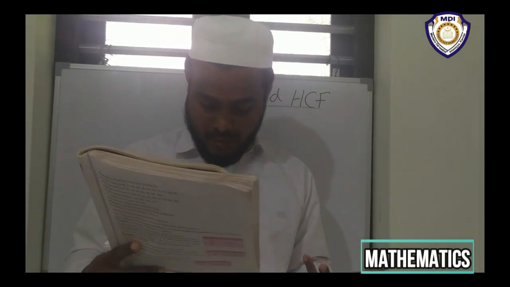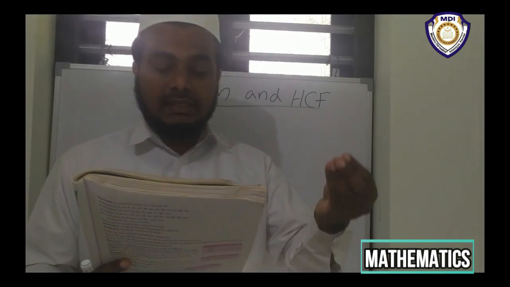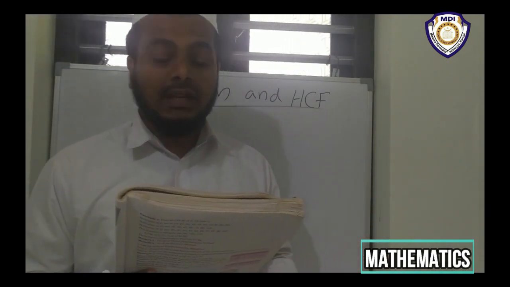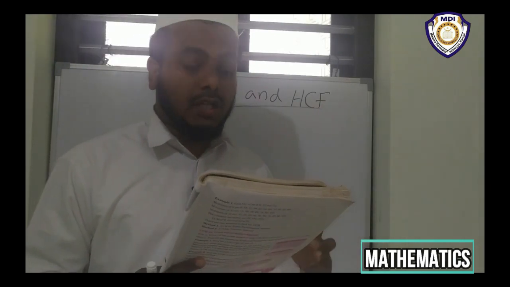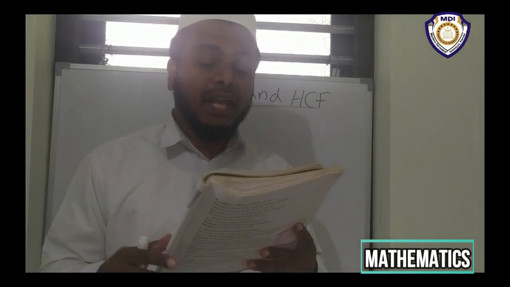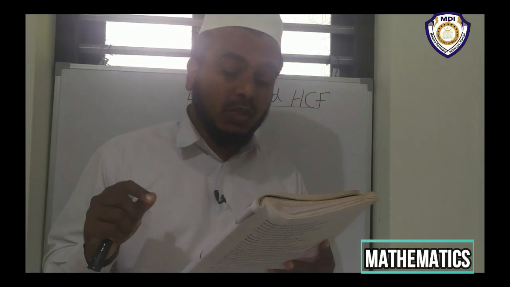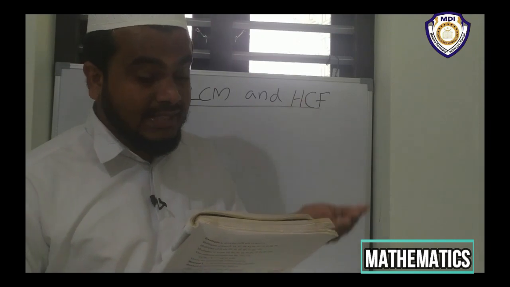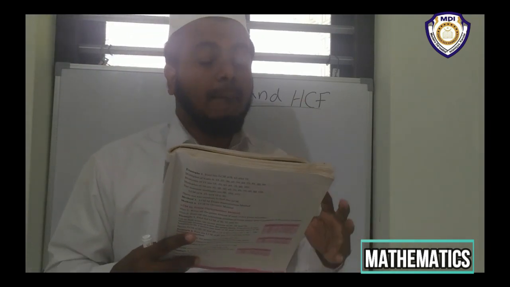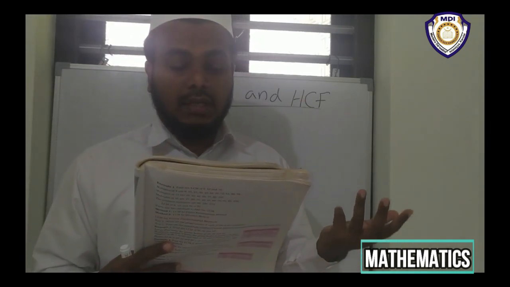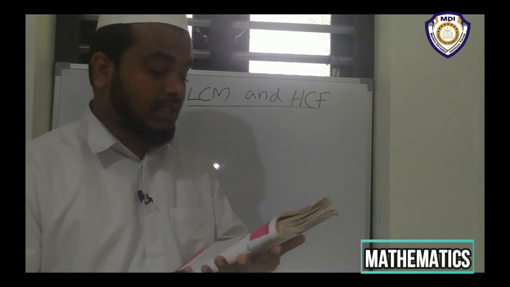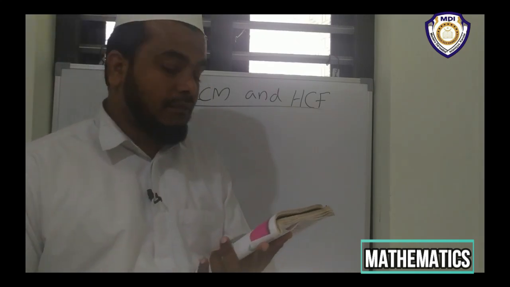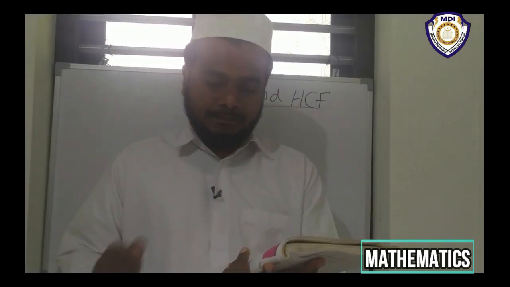Okay, so I would like to read 5 questions here first. We have studied in previous class. You just think and find out the answer. Find the prime factors of numbers using factorization method. So you have to use the factorization method and find out the prime factors: prime factors of 36, 21, 16, and 25.